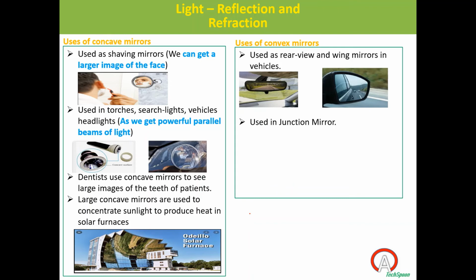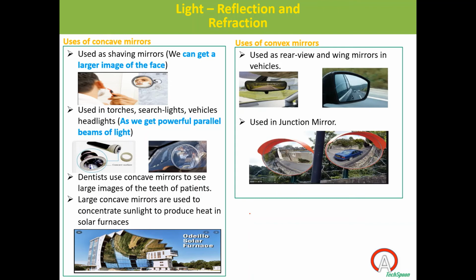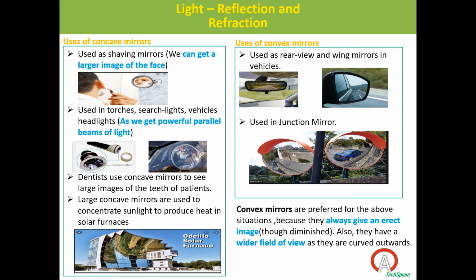Now we completed the nature of image formation of concave mirror and convex mirror. The complete image formation of mirrors we completed. There are two types of mirror, concave mirror and convex mirror. So the nature of the image and the position of the image depend on the position of the object and what type of mirror you used. Okay, so that is a summary.